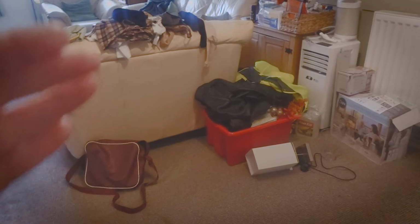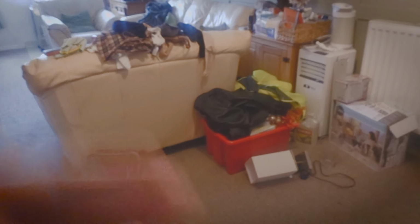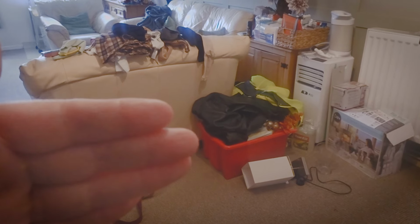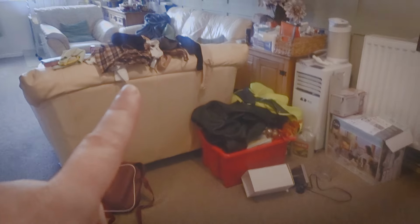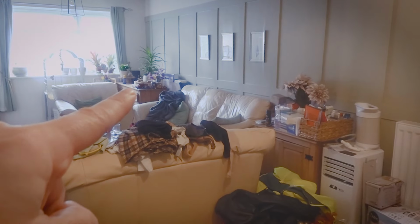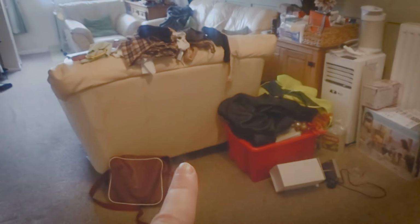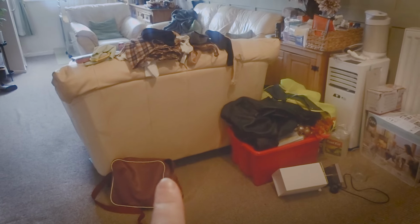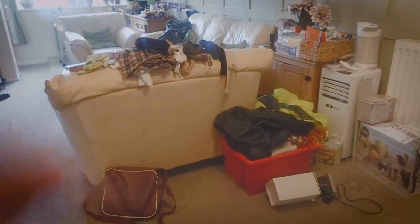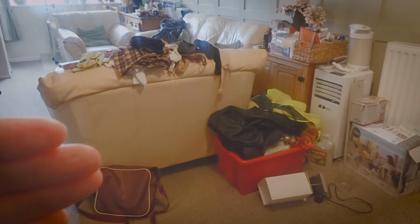Behind the sofa here, we have an issue: this sofa keeps sliding backwards. Every time someone sits on it, excuse the laundry, it slides backwards. So I want to move that unit by the window to behind here. I think it's going to look a lot nicer there. Certainly it's going to be more accessible, and it's going to stop the sofa from sliding back,